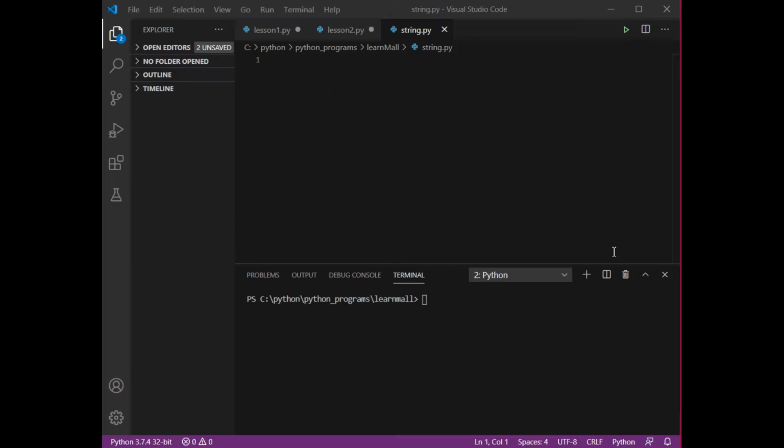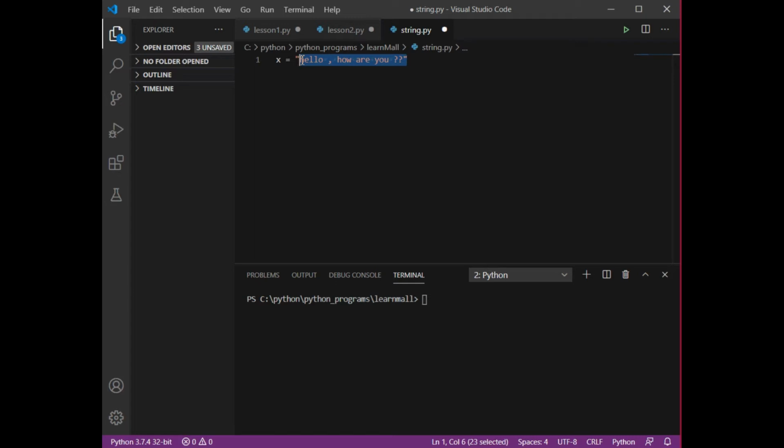So this is my Visual Studio Code editor. I have created one file known as string.py. Now I'm going to explore all the string related, text related functions. First of all I'm going to take a variable x, and in this I'm going to write something, let's say hello, how are you? As I have told you, this x is a variable in which I am assigning this whole value.